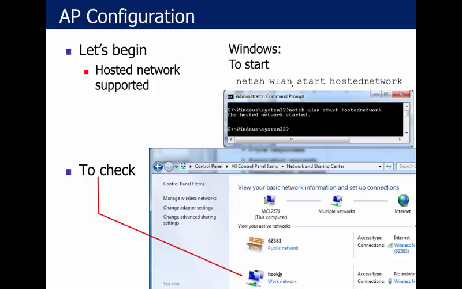And the next slide can tell you how to start this hosted network, as I did here. If you have this prompt that says the hosted network started, then yours is ready. But many times it's very hard, and sometimes you don't get it started. Once it is started, then you could see that SSID on your